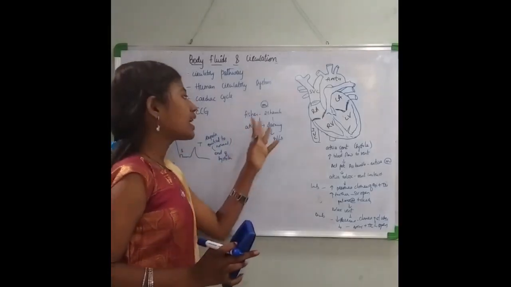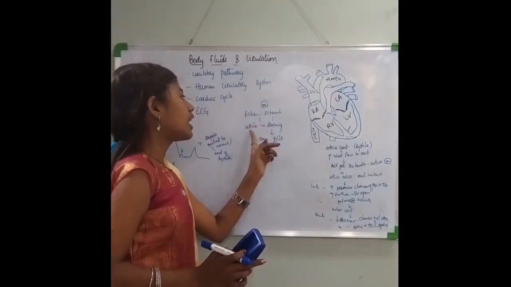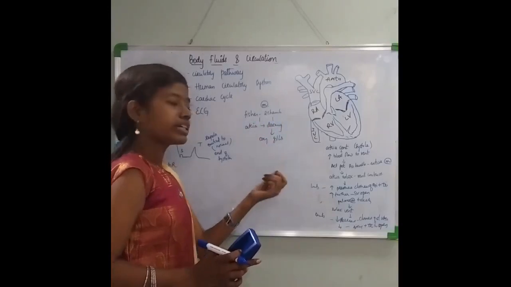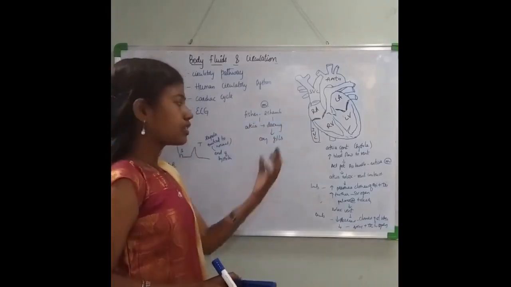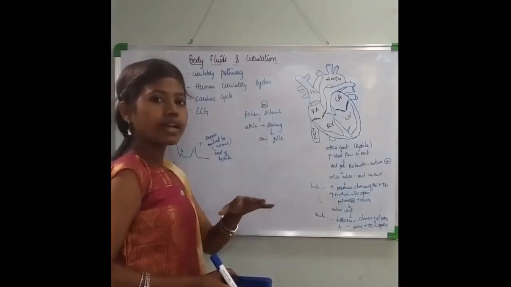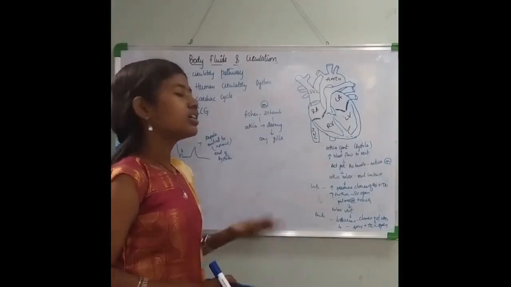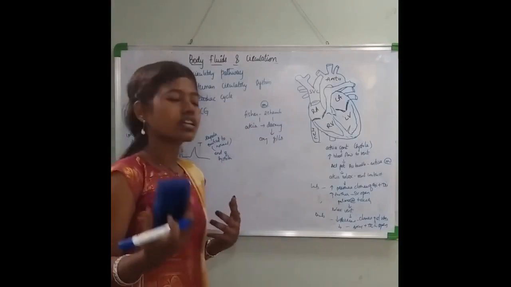One atrium, one ventricle, two chambers. The atrium will get the deoxygenated blood. It is getting oxygenated with the help of the gills, and once it is oxygenated, it reaches the body parts. From the body parts again deoxygenated blood is collected and the same procedure continues. This process is referred to as single circulation.